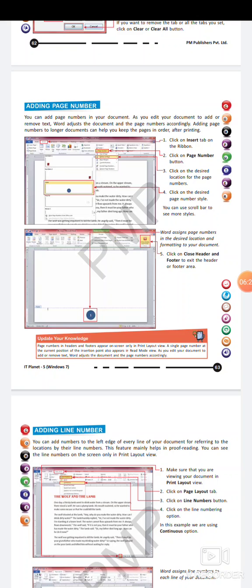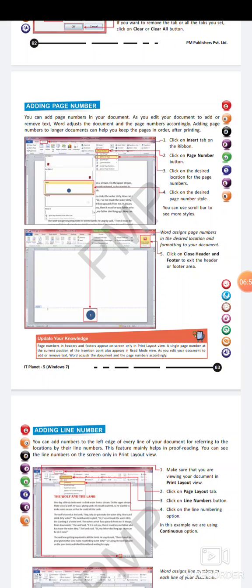Either you want the page number to be shown in the middle of your page, or on the right side of the page, or the left side, or on top of the page for that matter. The location of the page number is chosen by you only. Okay, now the desired page number style is also chosen. Desired page number style means whether the page number you have inserted should be in a circle, in a rectangle, in a box, or without any boundary. This also you can choose.